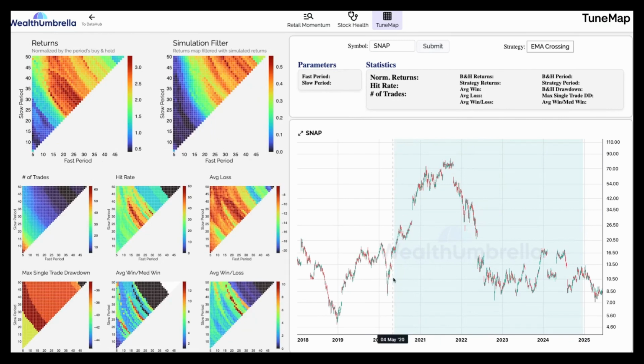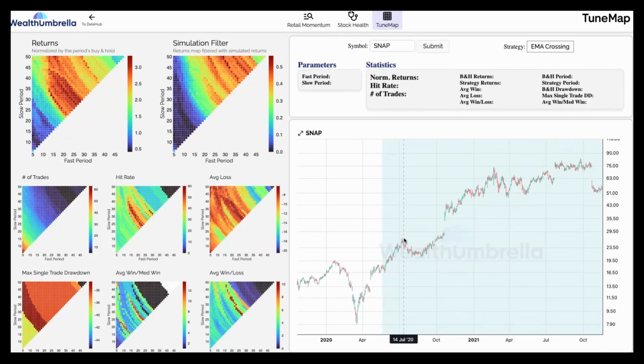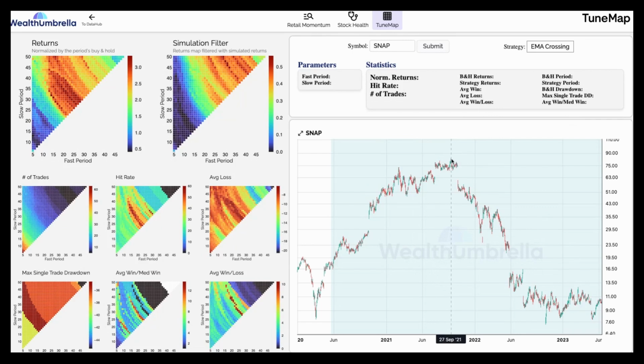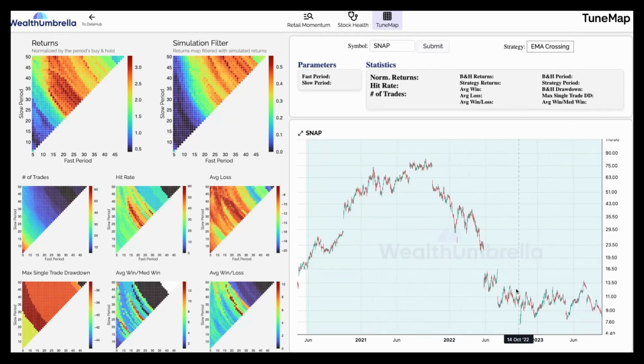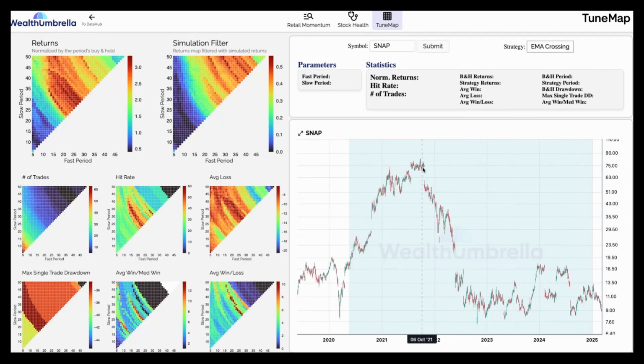I'll go with Snap. So for Snap, the buy and hold period, we take the highest point achieved. So let's say it would go up, then we would take this, and the drawdown here would be the maximum drawdown up until that point. And then it keeps going up until the peak, let's say it's here. And then we would compute the drawdown up to the lowest close, which I think would be this one or maybe that one. And that would define the